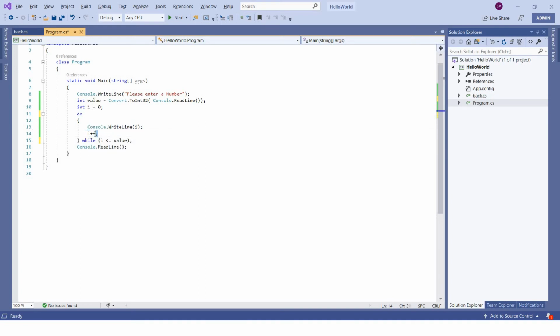Now I becomes 4, and is 4 lesser than or equal to 3? False, so it will come out. You can simply understand a do while loop as: do this statement while this condition is true. This is your do while loop.